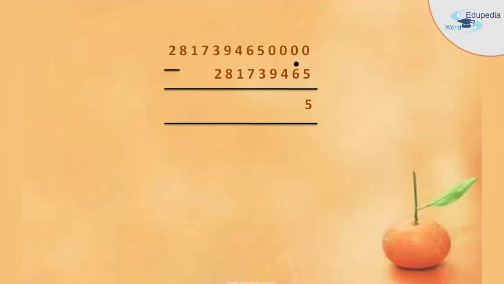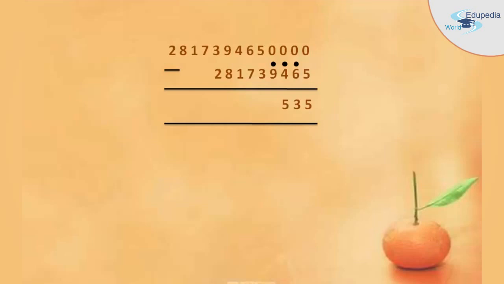Now again, if you compare the digits 0 and 7, 0 is less than 7. So we have to put a dot in front of the number 6, that is 4 on its top. Now if you take the complement of 7 with 10, you will get 3. You just write that 3 below the horizontal bar in the answer. Now by adding the count of dots and 4, you will get 5. Again, if you compare, 0 is less than 5, so we have to keep a dot in front of the number 4, that is 9 like this. And by taking the complement of 5 with 10, you will get 5 again. So write that 5 below the horizontal bar.